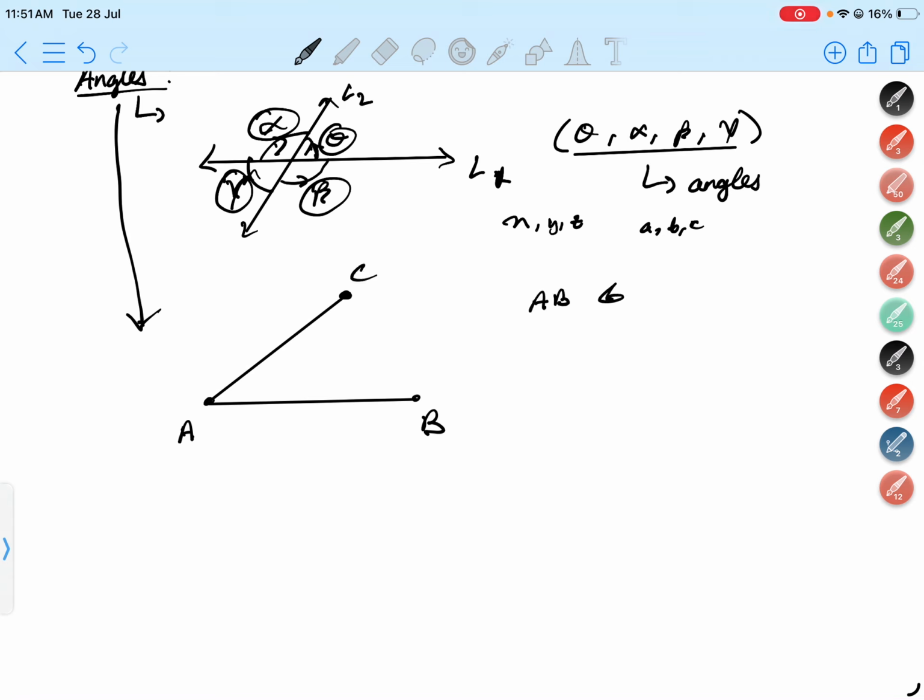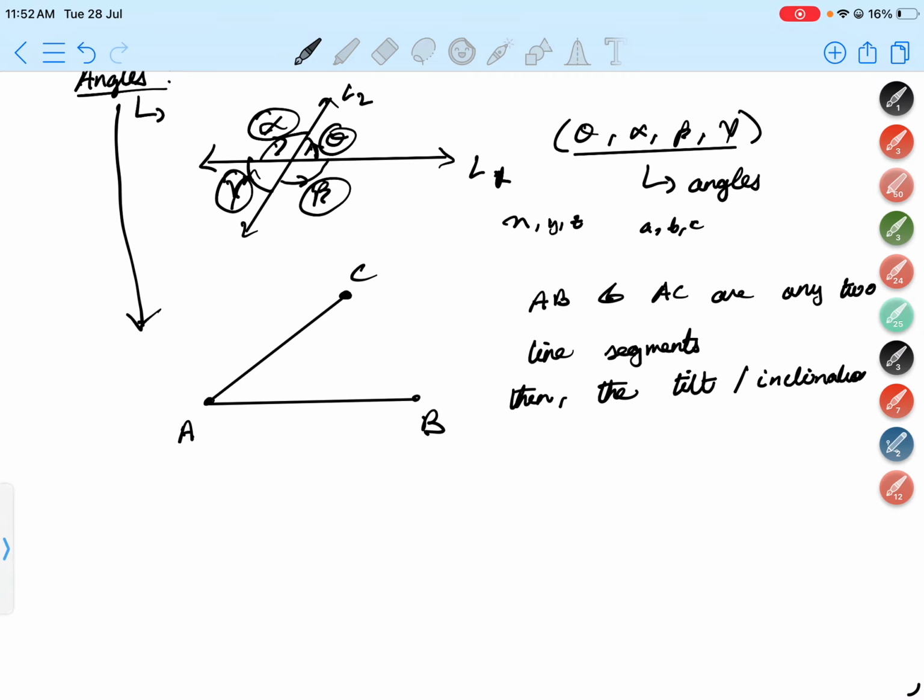AB and AC are any two line segments, then the tilt or inclination which AC has with respect to AB is called an angle. So this is the angle theta